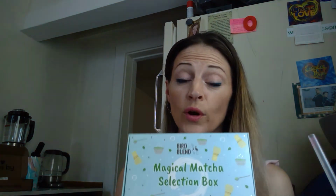Really good. So, if you have yet to go on your matcha journey and you're looking for a good matcha and you really don't know, you're kind of wanting to try the flavored ones, but you're a little shy about it, definitely give this Burton Blend Matcha Selection Box a try, because you'll be able to know which ones you like, know which ones you don't, and really make a commitment to the one that you want to purchase. And I guarantee you will find something that you either like or love or cannot live without